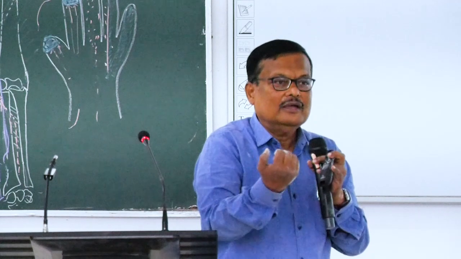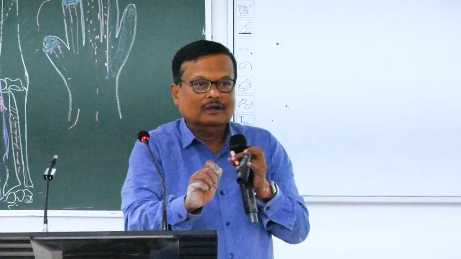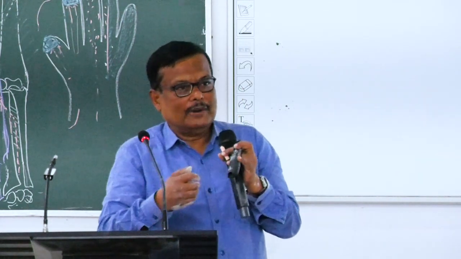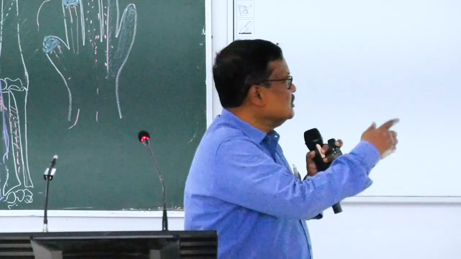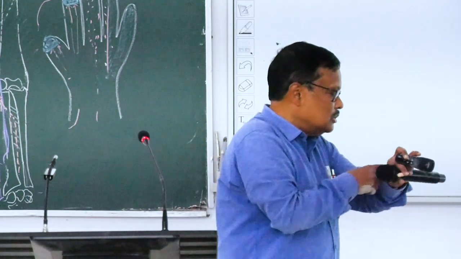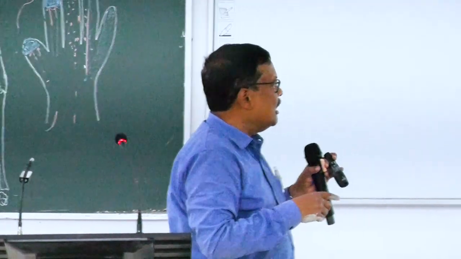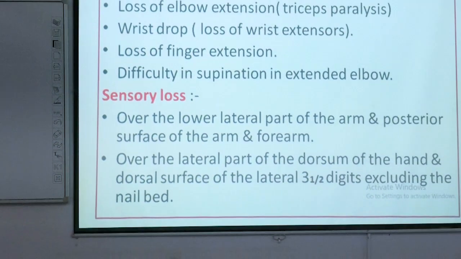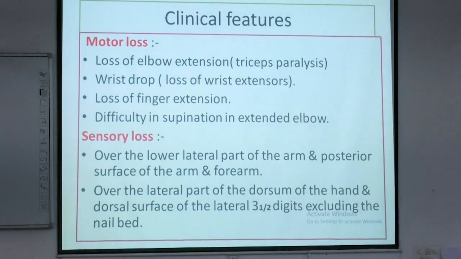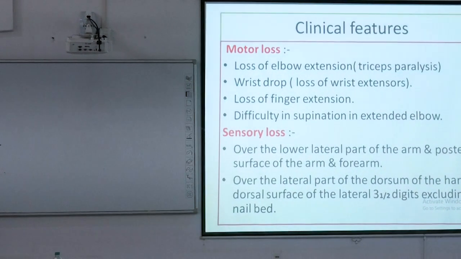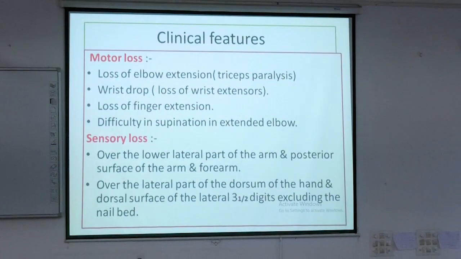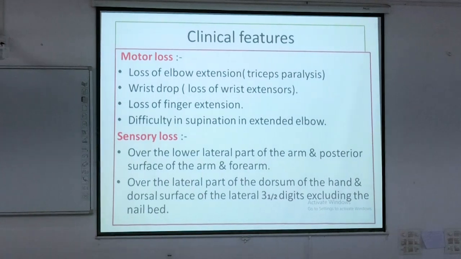সুতরাং মিড ফ্লেক্সে সে কিন্তু সুপাইনেট করতে পারবে, কিন্তু এক্সটেন্ডেডে পেশেন্ট সুপাইনেট করতে পারবে না। সো দিস আর দ্য ফিচার। সেন্সরি লস over the lower part of the arm and posterior surface of the arm and forearm, over the lateral part of the, বুঝতেই পারছো সমস্ত জায়গা চলে গেছে, অ্যাক্সিলারিতে চলে গেছে, ফলে অল সেন্সরি এরিয়া উইল বি লস্ট।